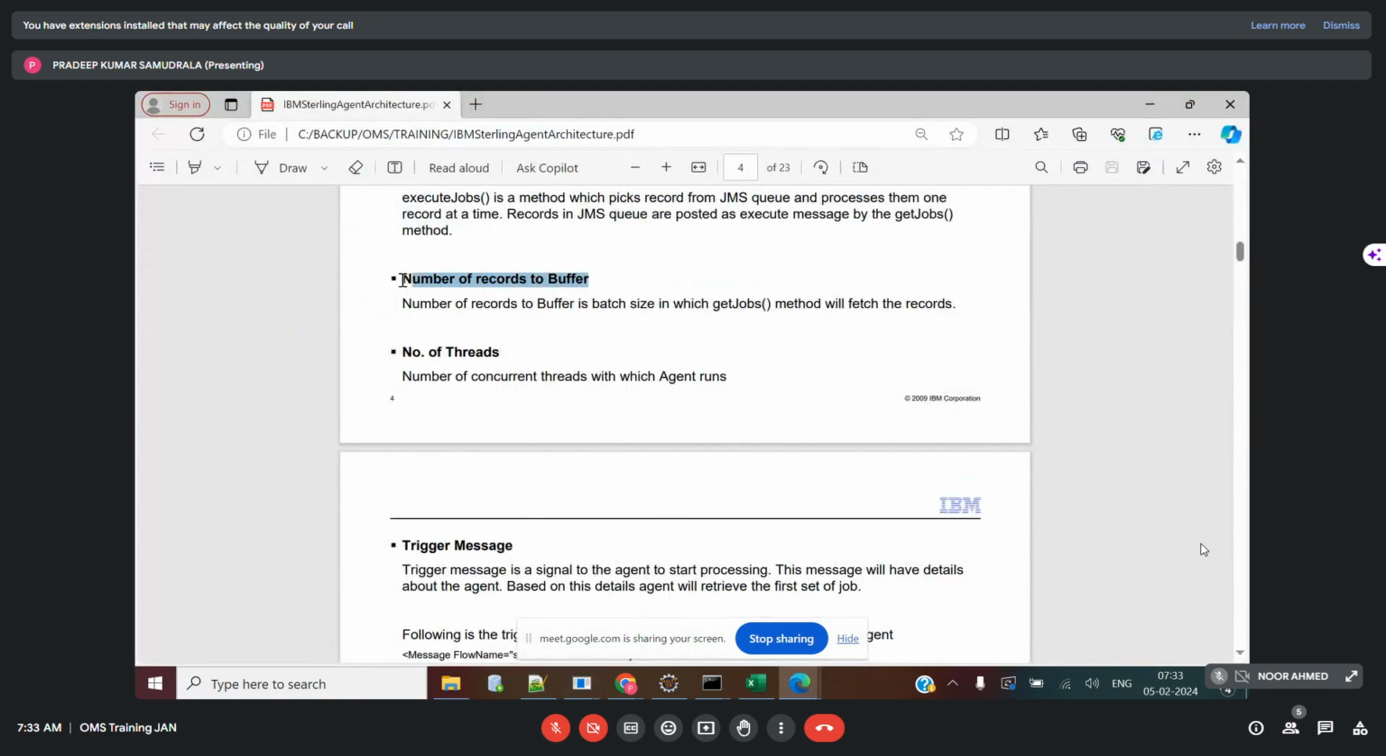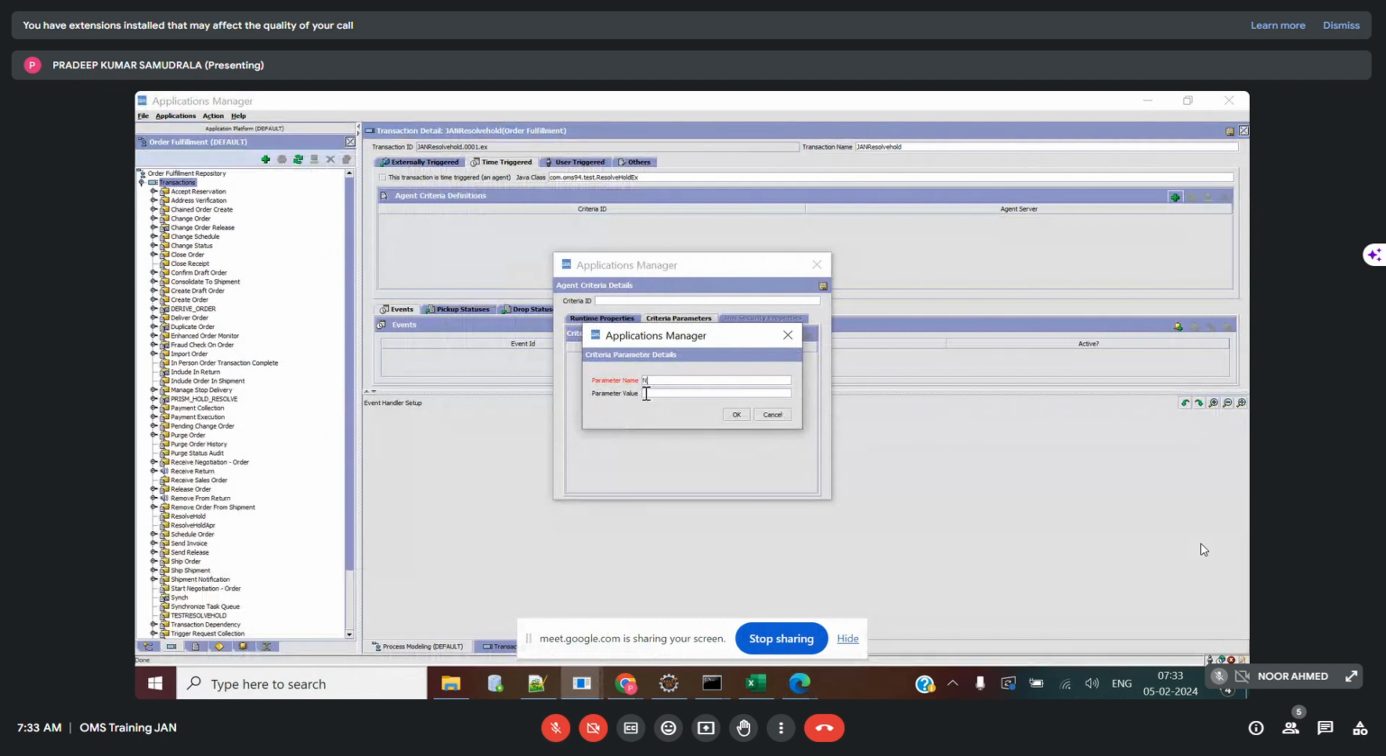This particular configuration can be done here. What does this number of records to buffer mean? For example, I want 10 orders at a time, so I am giving 10 here. What happens is, based on this number of records to buffer, the get jobs method, which is fetching the